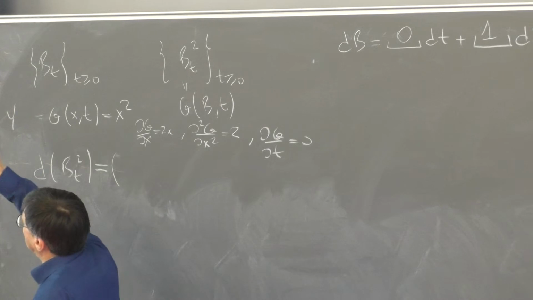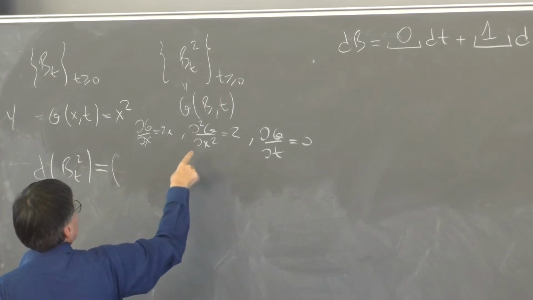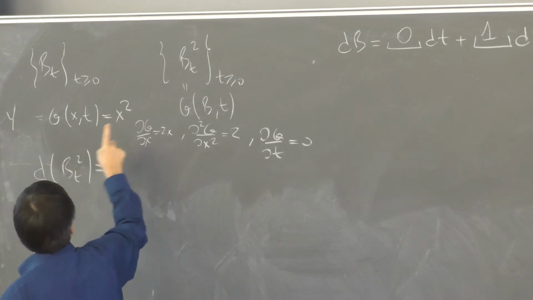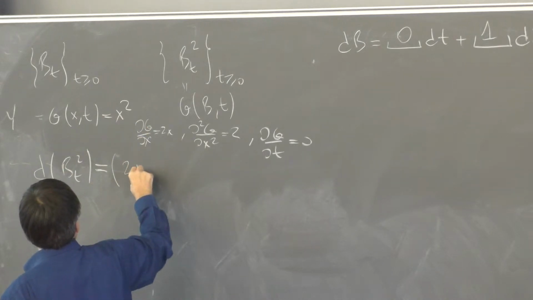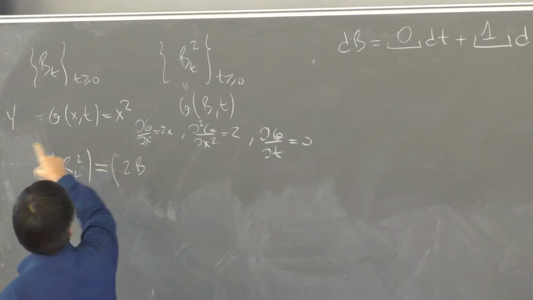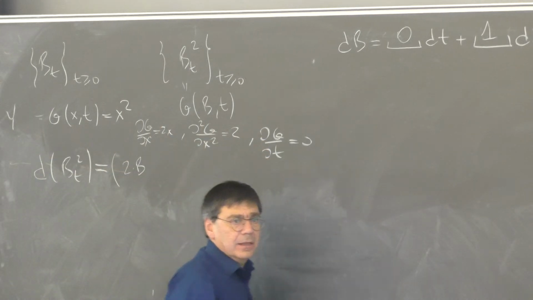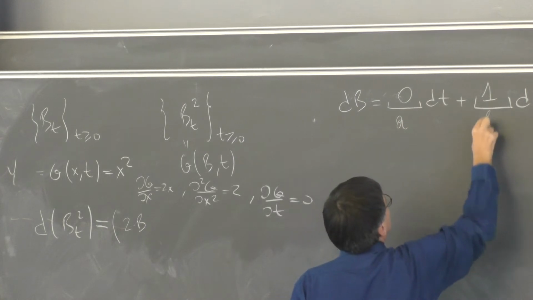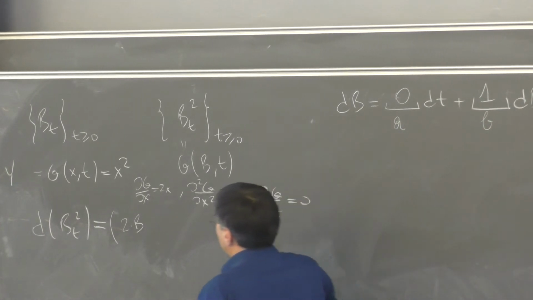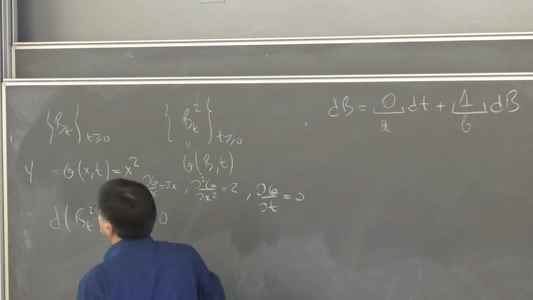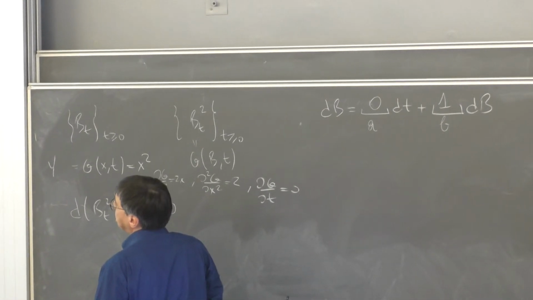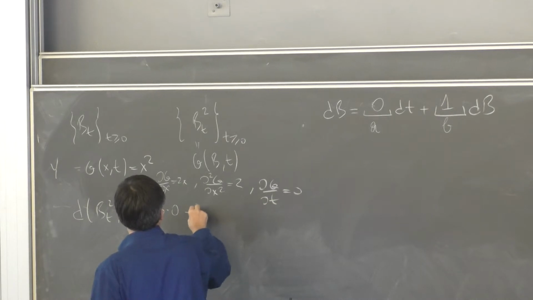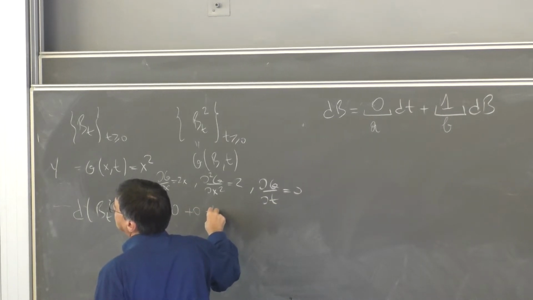So let's see, we have dg/dx, which is this. So we're going to take 2 Brownian motions, and we're going to have to multiply by a. What is a? This is what in Ito's lemma we're calling a, and this is what in Ito's lemma we're calling b. So we're going to multiply this by 0. Yeah? And then we have plus dg/dt, which is 0. And then we're going to have plus